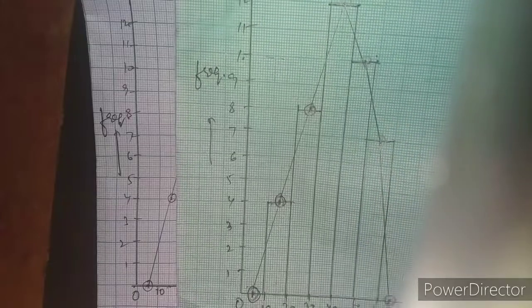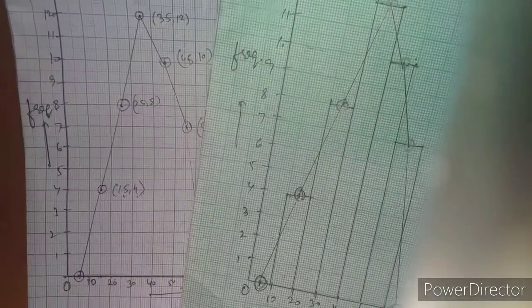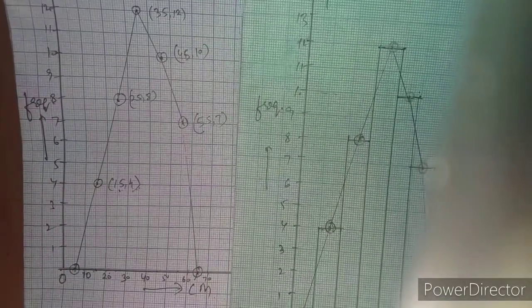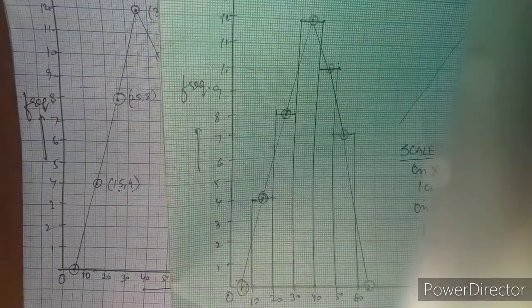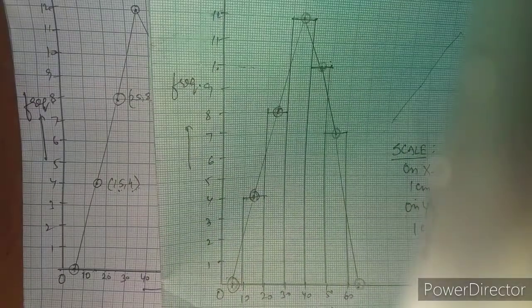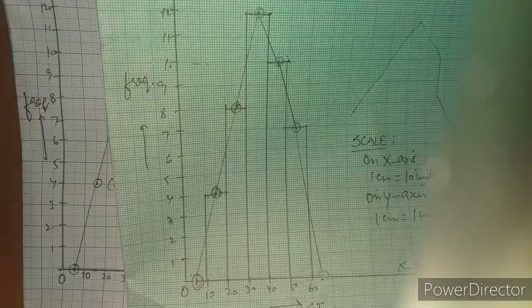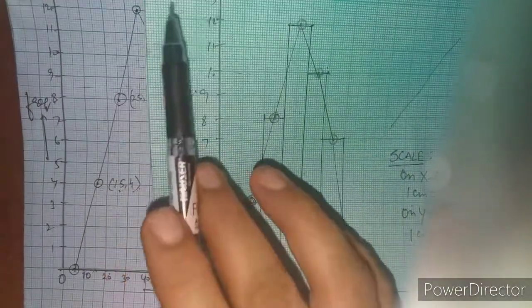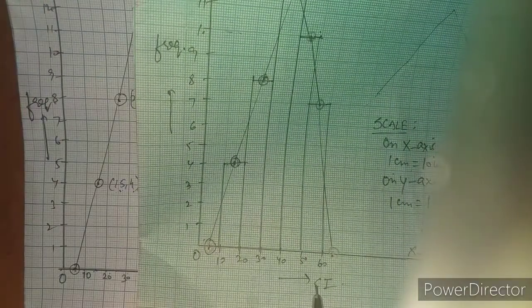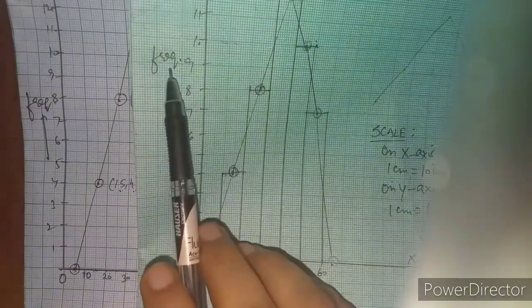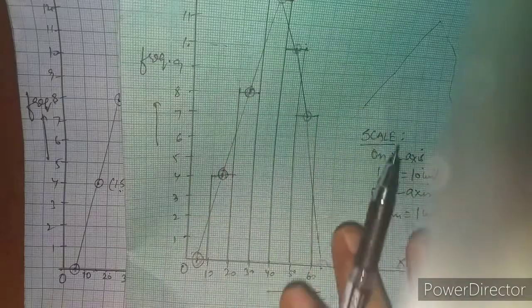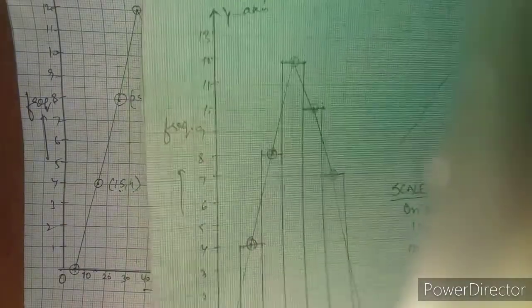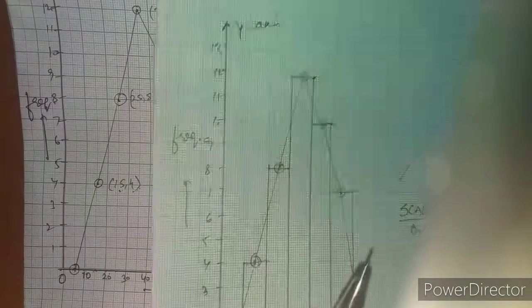Okay, I hope you have understood, right? And again I am repeating, always write the scale on each graph, always write the question number, answer number on each graph. Secondly, do mention what you are going to show on x-axis, what you are going to show on y-axis, okay, and then neatly you have to plot whatever points you want to plot, okay, whatever points you want to draw.